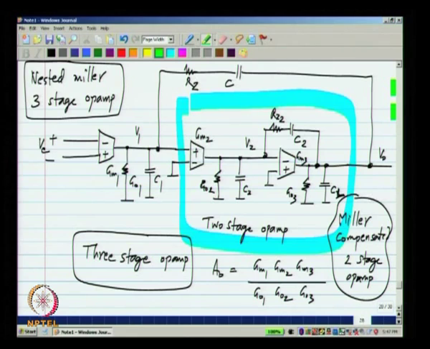The one thing I want to summarize here is that you can make multiple stage op amps when you need higher and higher DC gains. Let us say you want a DC gain of close to 100,000 or a million, that is not possible to do with even 2 stages, you may have to go to 3 or 4 or 5 stages. It is possible, but stability becomes a bigger concern because of more poles and your maximum realizable unity gain frequency reduces. We started with a single stage op amp and we tried to make it better by passing the output current of the transconductor through a current controlled voltage source instead of directly through a capacitor, and that gave us a family of op amps that was better than the single stage op amp.